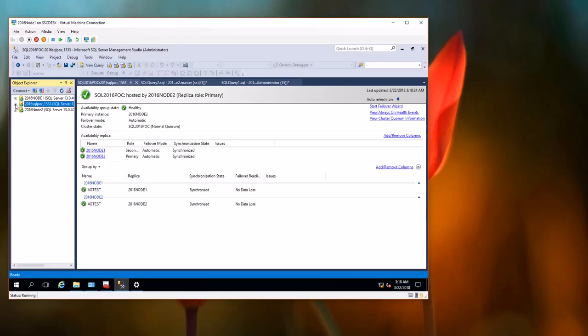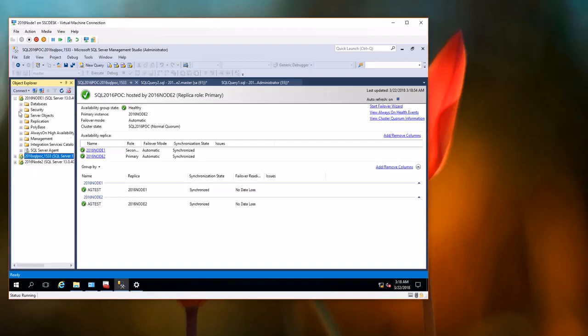You will have to manually reconfigure your application configuration to point your application to the other node, which is now currently the resource owner. In this case, as you can see here, there are two nodes: this is the primary node, this is the secondary node, and this is the SQL Server listener.